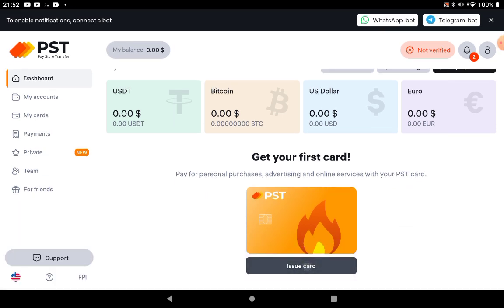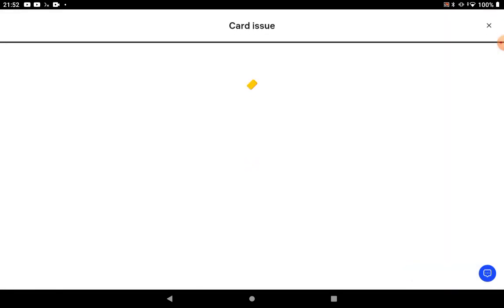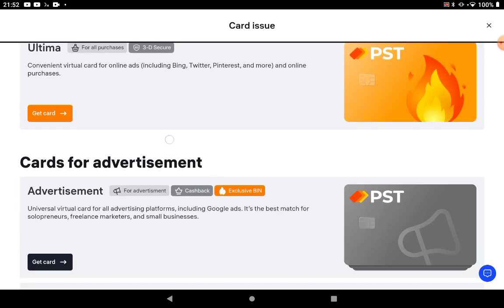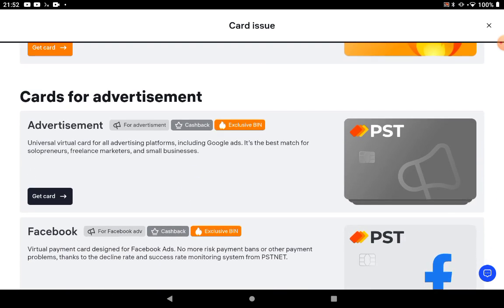When you issue the card, you are going to be presented with several options. So the Ultima is the best card for purchases all around. Doesn't matter where you want to spend. If you want to spend in multiple places, this is the card that you have to go and get. But there are other cards for advertisement. These guys here at PayStore Transfer, they are very much focused on